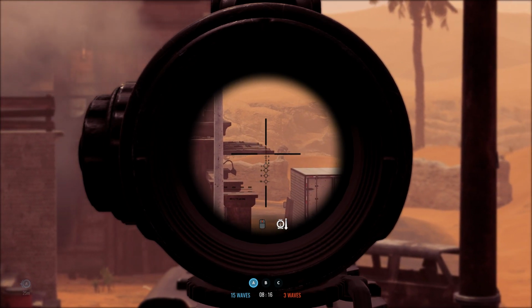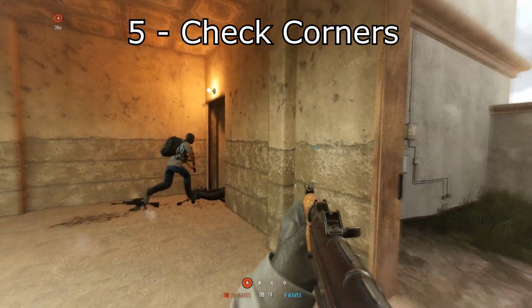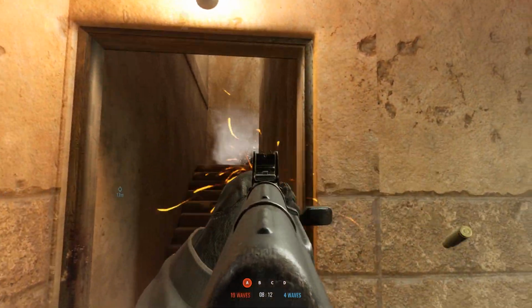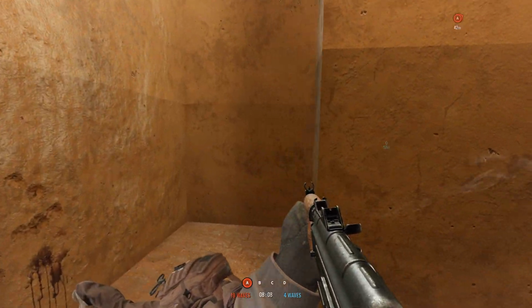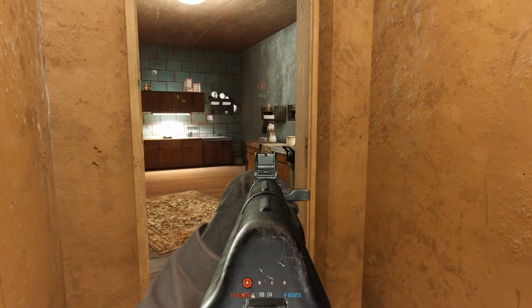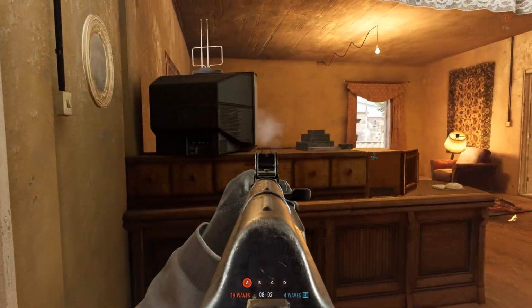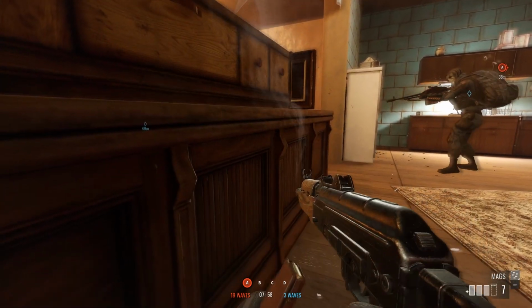Every time you enter a room where you think there might be an enemy, always look for the corners. Smart enemies will hide in very good spots in which you can't see immediately by entering the room. That's where they gain the advantage. So check the corners and you will see how many kills you will get just by remembering this way of